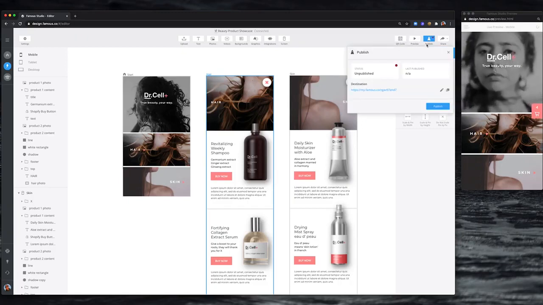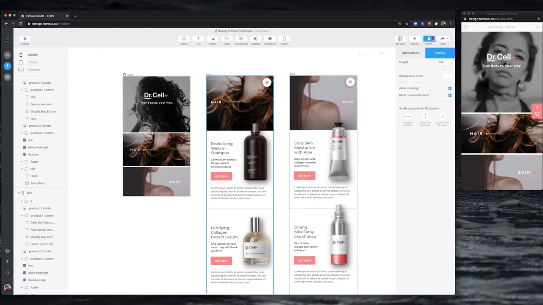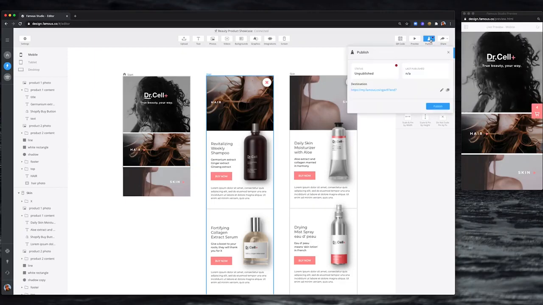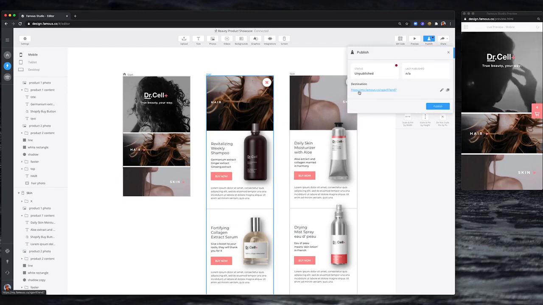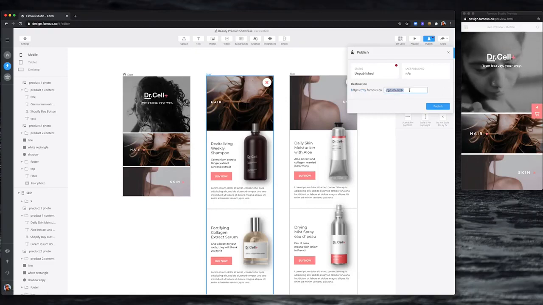So if I click this button, there's a red button here that indicates that you have not published. So it shows unpublished. It says N/A published, so you haven't done that, and then it has the destination. So you could go ahead and click publish now and it would publish to this domain. It's a subdomain of our hosting. Or you can click this edit button and you can add in a